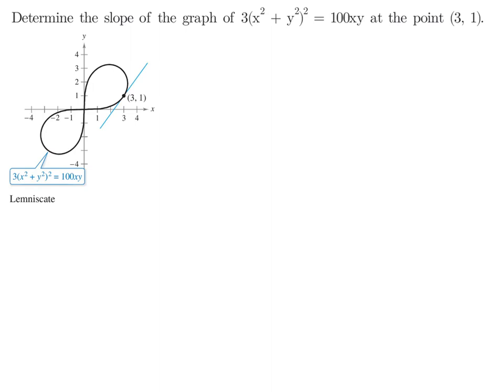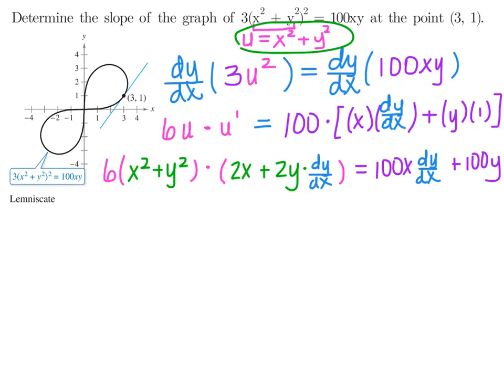Now let's work through a similar problem where we're going to determine the slope of the graph of this function, which actually produces a lemniscate, at this point (3, 1). So we're looking for the slope of this tangent line right here. So let's walk through the first couple steps together, and by no means is this finished where it is, but